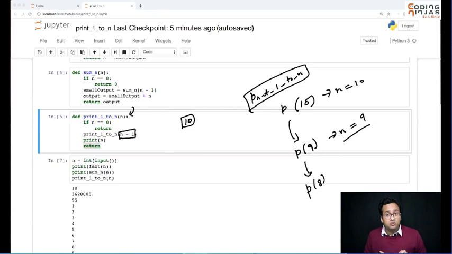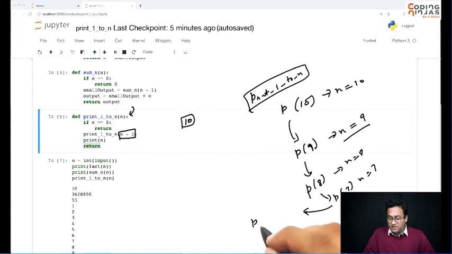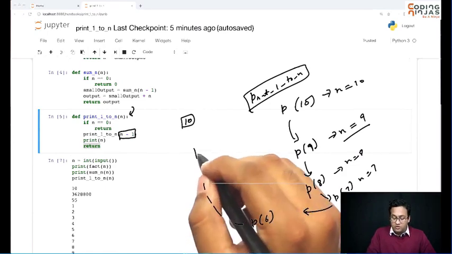While you're writing the code, don't try to see what exactly recursion is doing. Honestly, please don't do that. You need to believe in PMI, and treat recursion problems like theorems. You need to make sure that you apply each step of PMI properly and your function will work. But once you have written the code, it's not a bad idea to see what exactly is going on. We haven't printed anything yet. P8 is calling P7, and for this n is equal to 8, for this n is equal to 7. Now it's going to call P6, and so on up to P of 0.